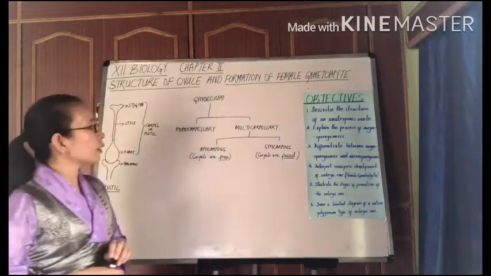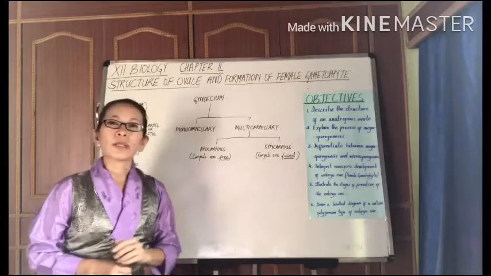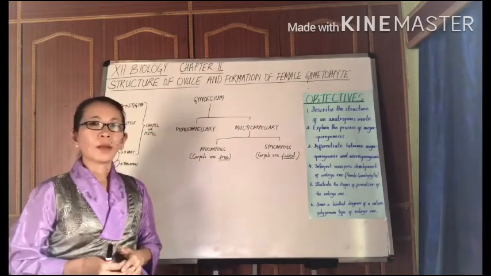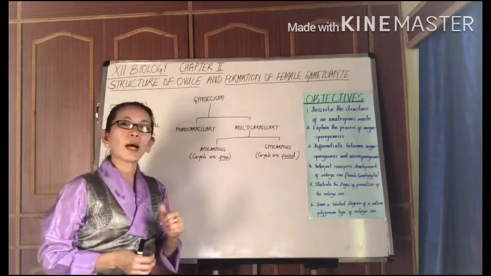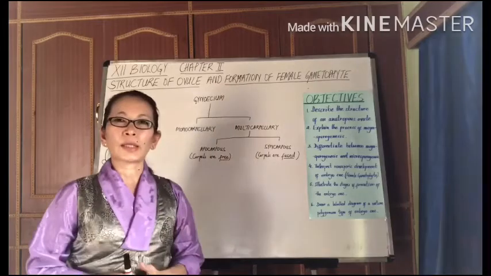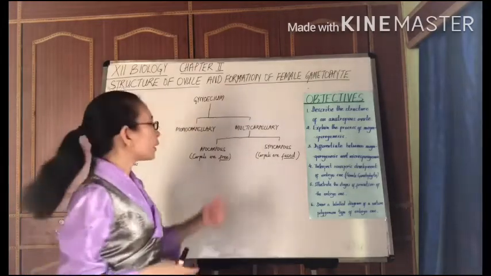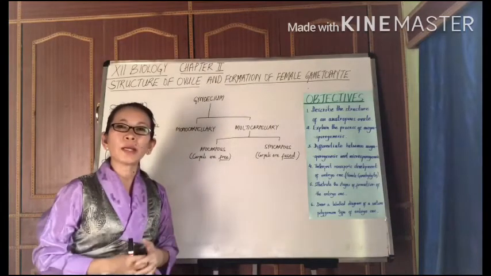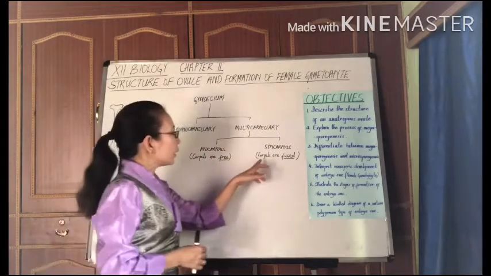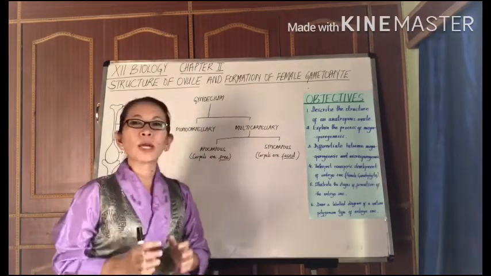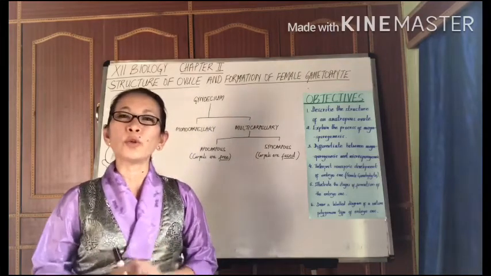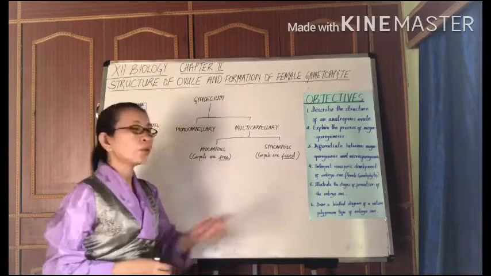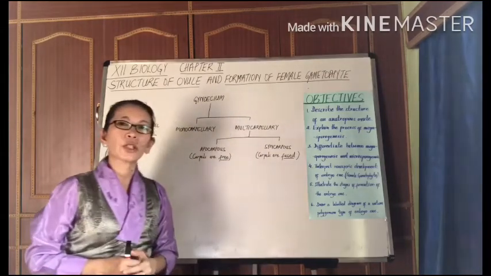And if the gynoecium is multicarpellary, then it can exist in 2 different states. If all of the carpels remain in the free, unfused state, then they are technically referred to as apocarpous multicarpellary gynoecium. And if the carpels are fused together, forming a single unit, then such a multicarpellary gynoecium is known as syncarpous gynoecium.